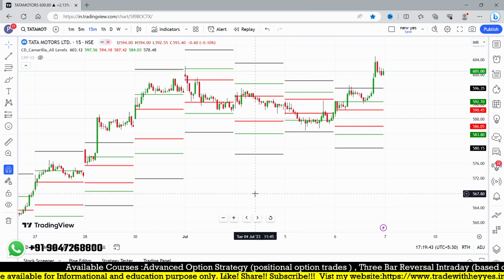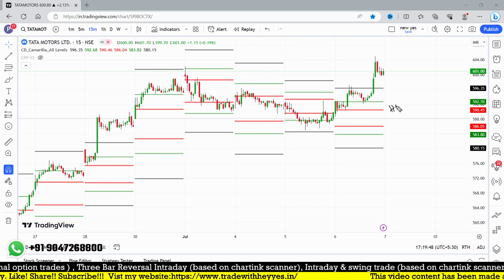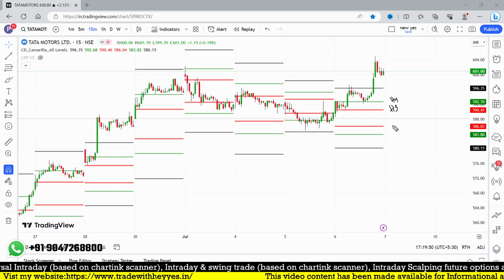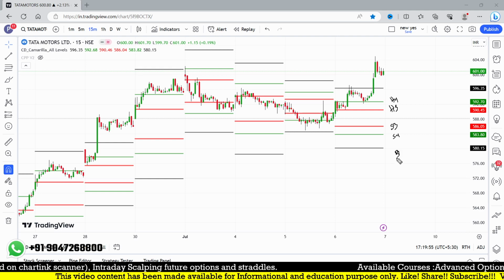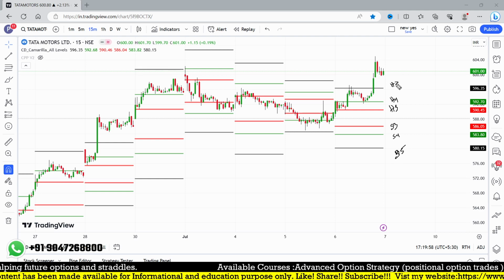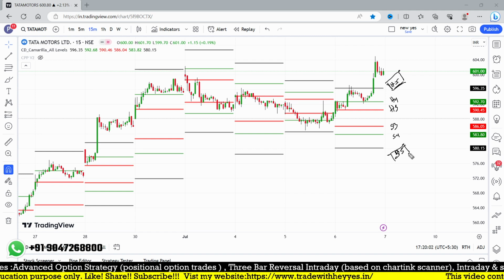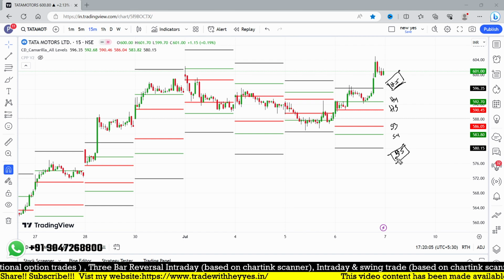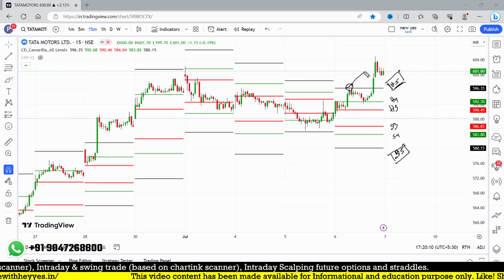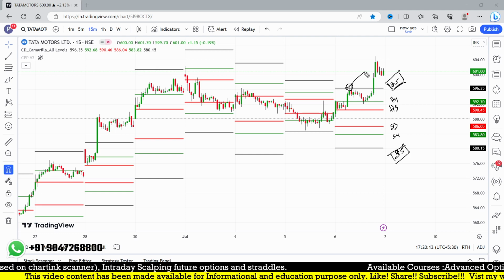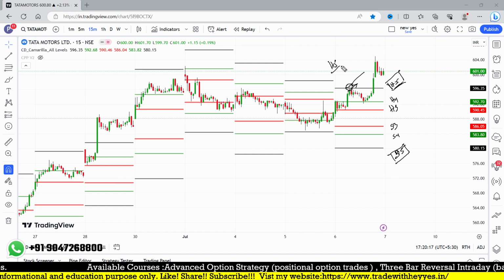Look at this, the charts where we find here, I'm using only H3, H4 and S3, S4, and this black line is S5, and here is H5. It may be called R5 resistance or H5; in Camarilla it is mentioned as H5. What I'm going to talk about is when the stock is going to give you the breakout above the level. I'm focusing on finding the stock which is going to break those H5 levels,